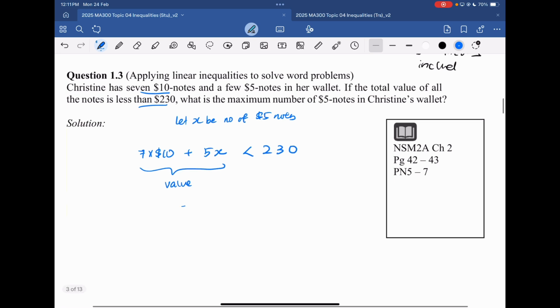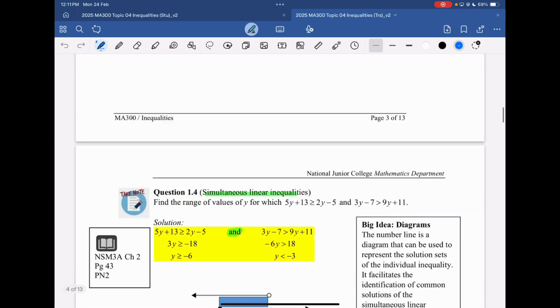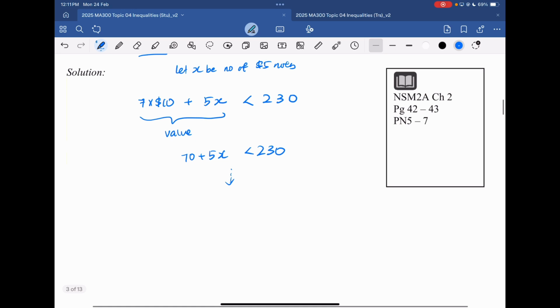So that's how you form an equation. 70 plus 5x less than 230. From here, you solve for x. You should be able to get x less than 31, is it? I think the answer is 32. So you should be able to get x less than 32. That's why the maximum number of $5 notes